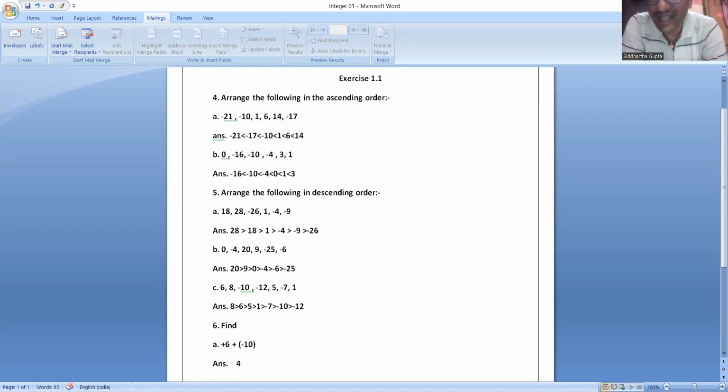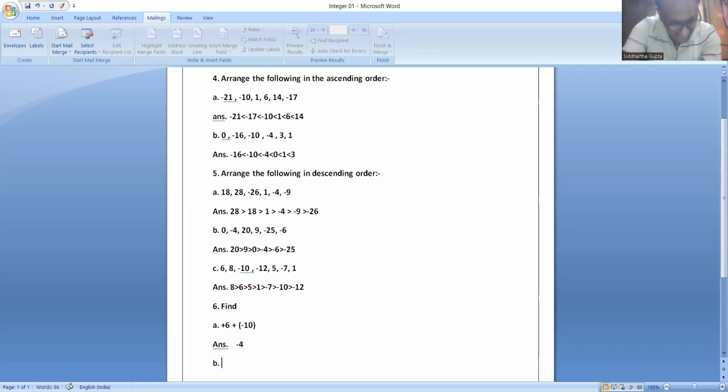And I also told you that we have to put the sign of the greatest number, and 10 is the greatest number. So we have to put minus sign here. So the answer is -4. Similarly, the second question is,